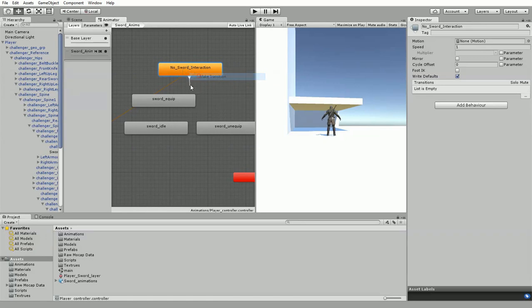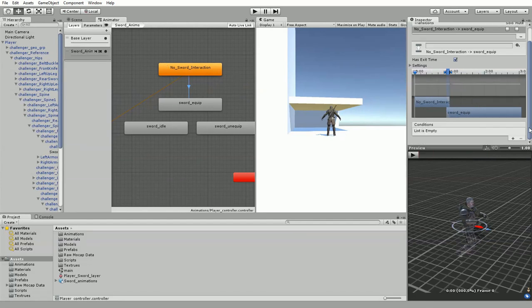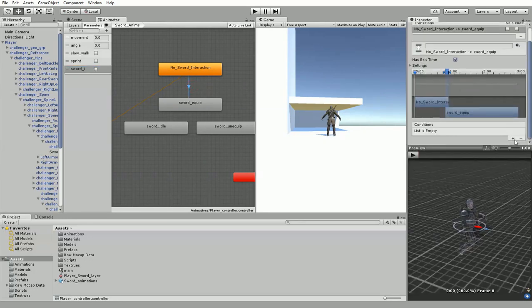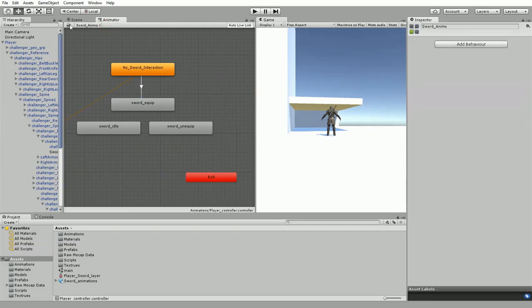And make a transition here on condition, which is, we need a parameter called, actually I've created one. I called it sort I for sort interaction, and let me add, and when trigger, it's trigger, so I hit